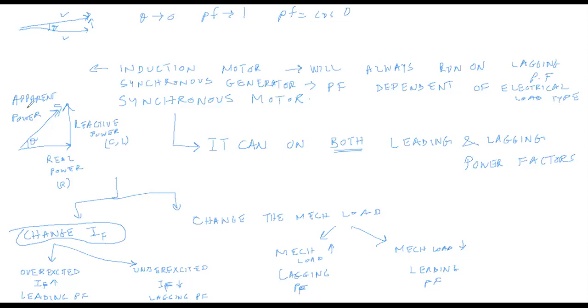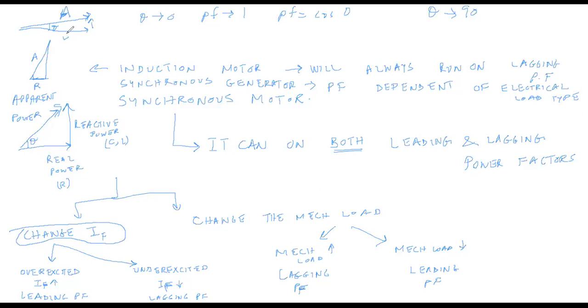But if the power factor becomes very bad, let's say it becomes like this, and theta becomes close to 90, that means you are consuming this much real power, and you are paying for this much power. So you can see you are consuming very little power and you are paying for a very high amount of power. This is a very suboptimal way to use electricity, because actually you are just consuming this and you are paying for the apparent power. So K electric charges you for the apparent power.